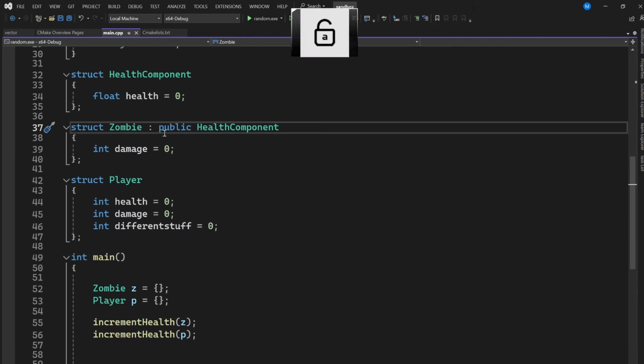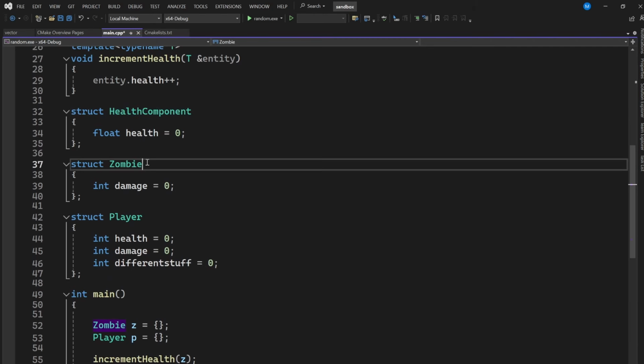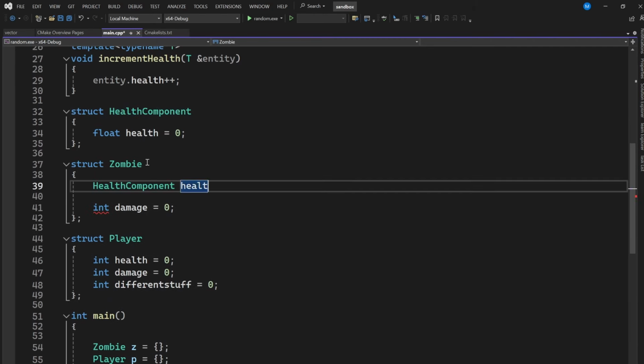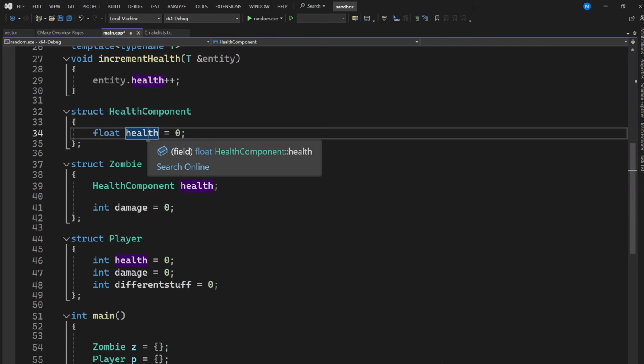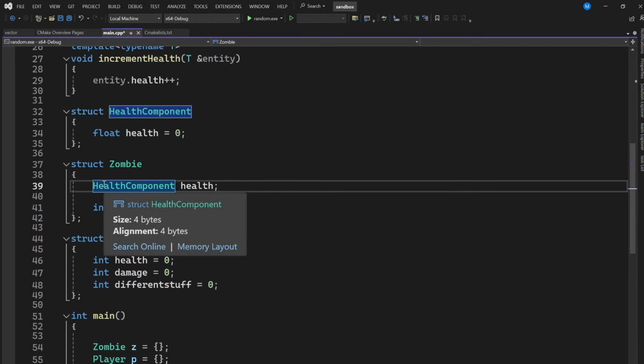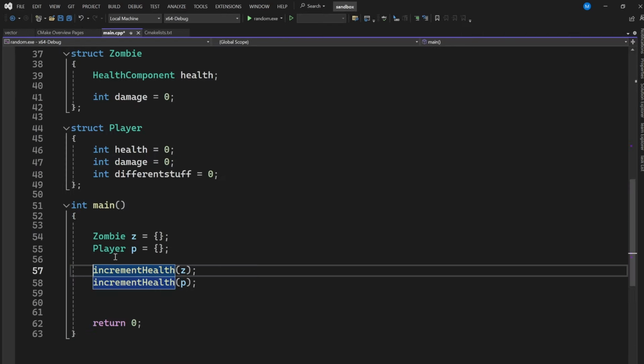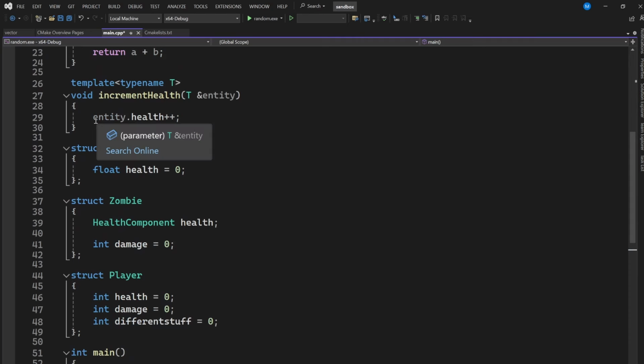Okay, in general, next thing. In general, I would do something like this. I would make this as a member. Well, it doesn't make sense here because this has only one member, but usually components would have multiple members, right? So usually I would do composition and stack members like this. And I also recommend you to do this instead of using inheritance, and I'll show why. But in my case, I use inheritance from my Minecraft clone because it allows me to have this syntax here